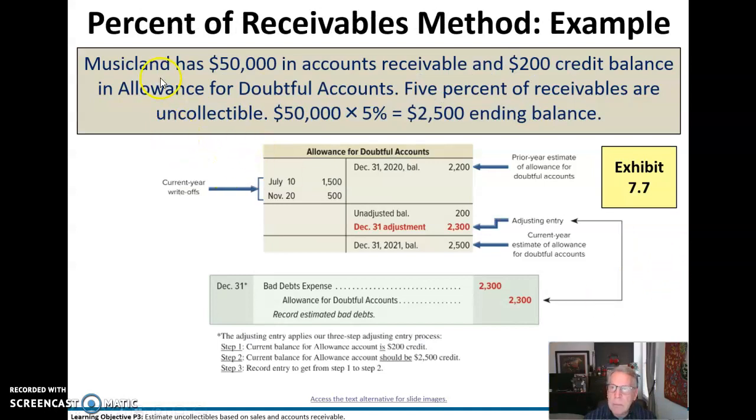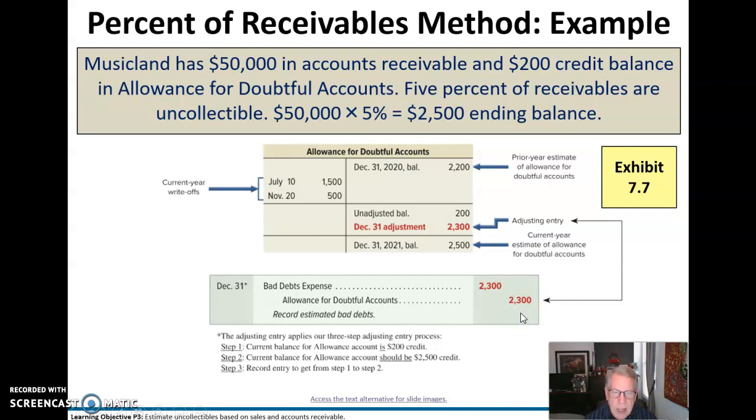So in this case, Musicland has a $550,000 accounts receivable and a $200 credit balance in the allowance for doubtful accounts. A credit balance is the normal credit balance, and I think of it as that which is not quite used up yet. So we're going to take 5% of $50,000, that gives us $2,500, but then we've already got $200 of it here. So we only need to debit bad debts expense for $2,300 and credit the allowance for